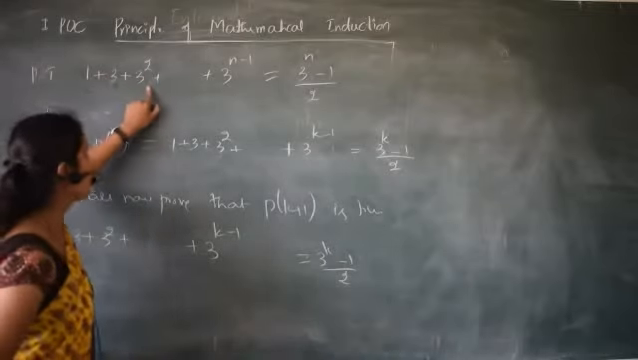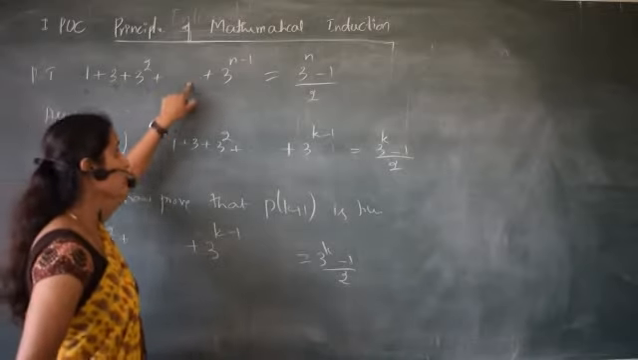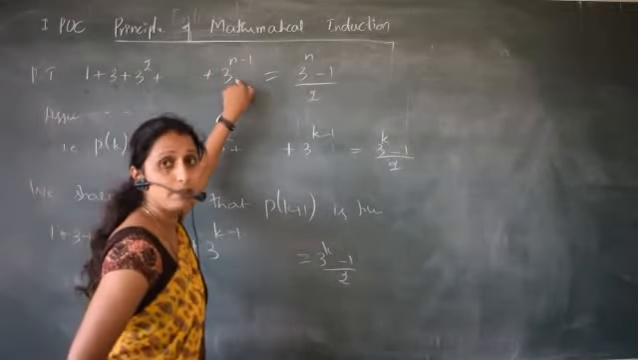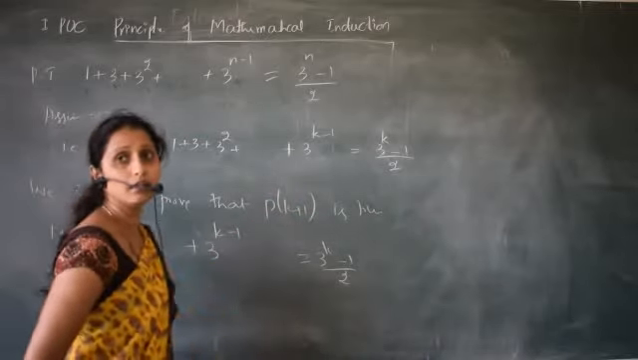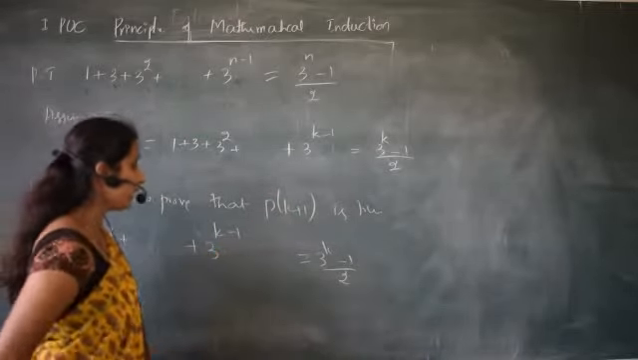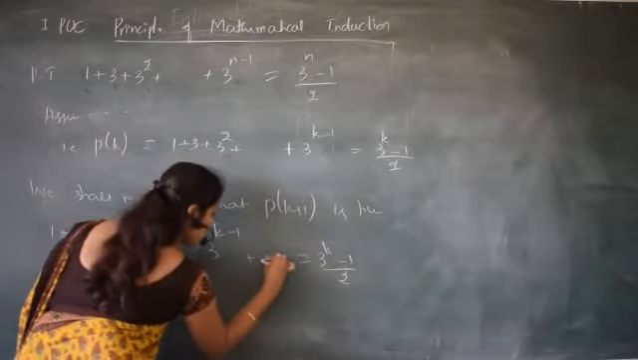The third one is 3 square, next 3 cube, 3 power 4, 3 power 5. So if here we got 3 power n minus 1 or 3 power k minus 1, what is the next one? 3 power 1 more than that, 3 power k. So we have to add 3 power k